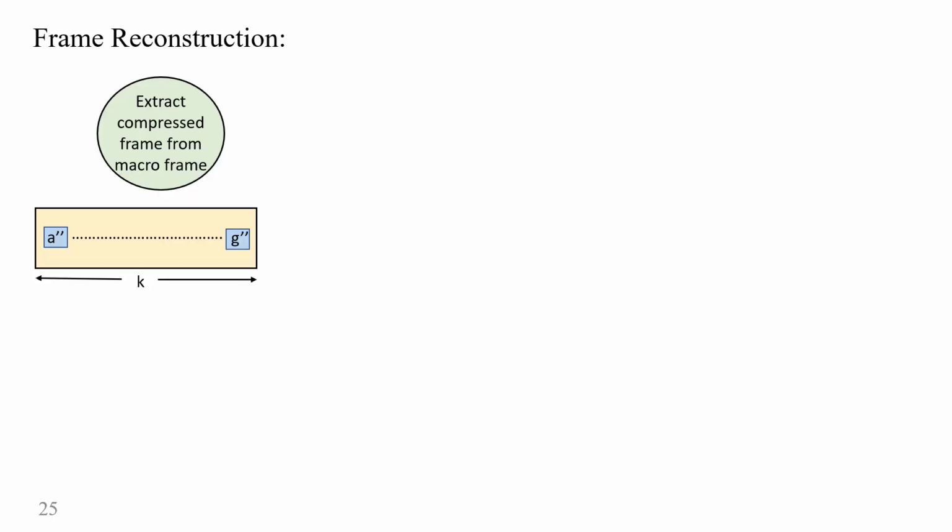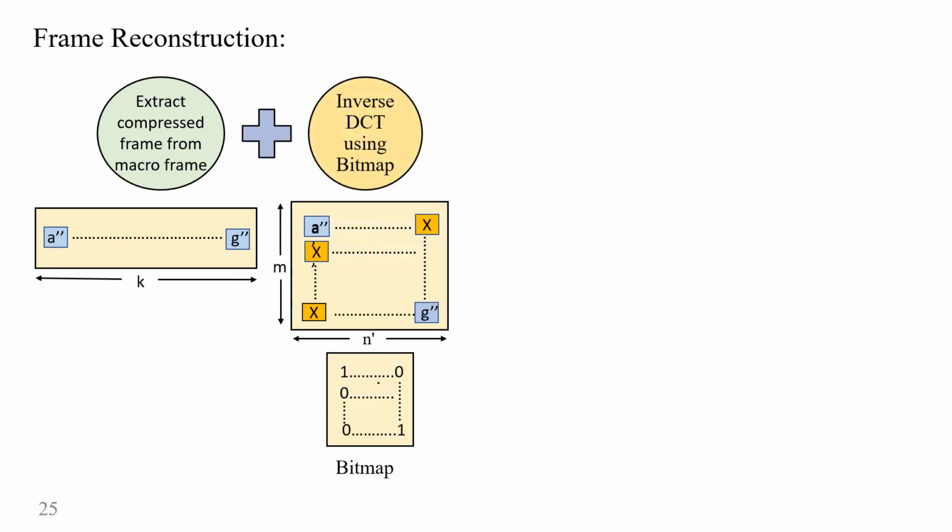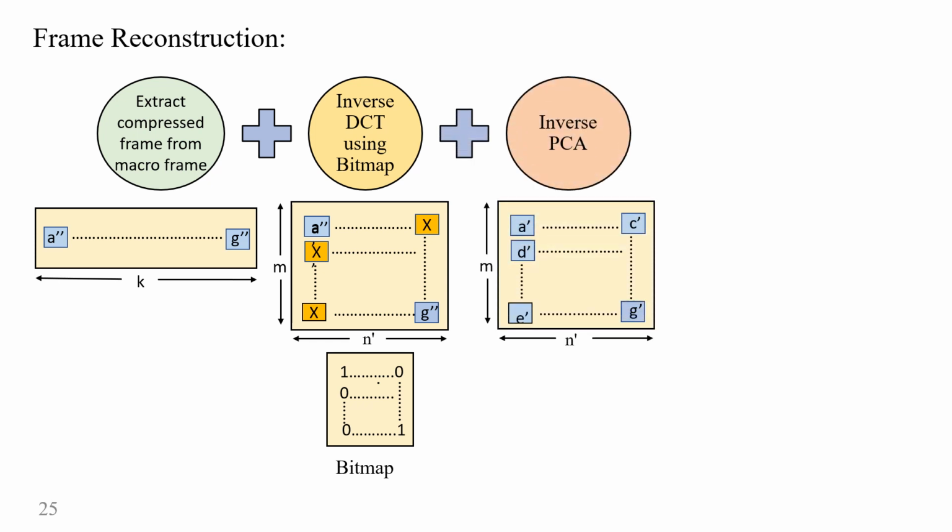Now coming to frame reconstruction, we have a macro frame. From there we extract the frame which we want to reconstruct. As discussed, for every compressed frame we have a bitmap. So we do the reverse operation of frame compression. At first we do the inverse DCT using the bitmap. So all these removed X values will be replaced with the actual or estimated values, which are nearly equal,